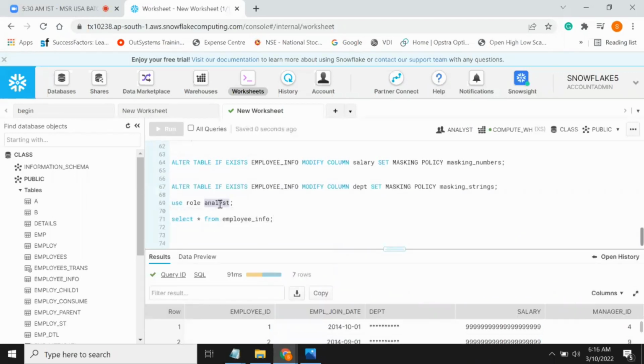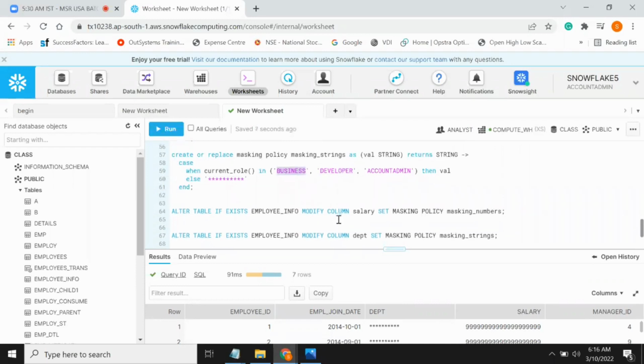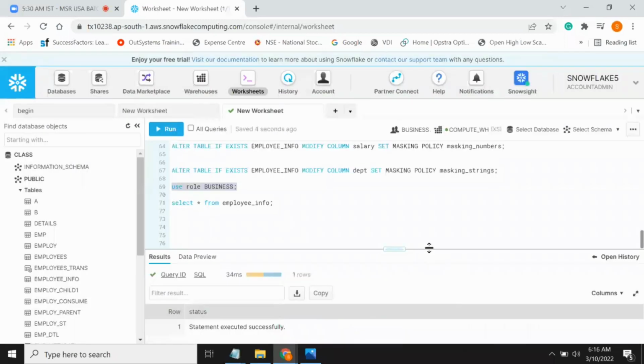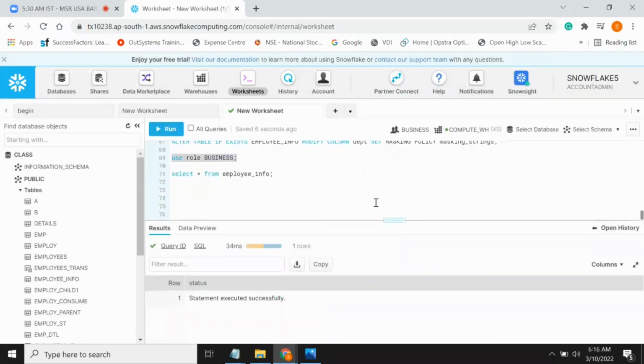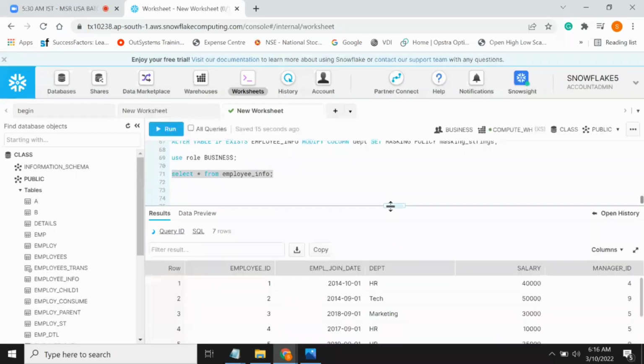Let's change the role. We have another role called business, right? Business role. Now we are changing the role to business. Now we are in a business role. Now let's check the data. Observe this one. Business has access for department, and for salary also